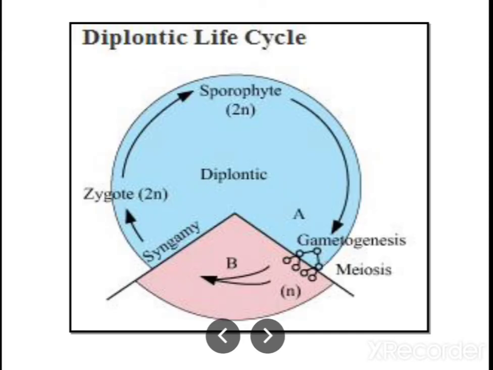Now let us see the diagram. In case of sporophyte, can you observe it is 2n condition. And later it forms gametes, and the gametes are formed by means of meiosis. That's why haploid. The diploid sporophyte forms haploid gametes, and later fused together it forms zygote, and once again it develops into sporophyte. Here the diploid condition is predominant, so that's why this life cycle is diplontic life cycle. Example, gymnosperms, angiosperms are coming under this category.